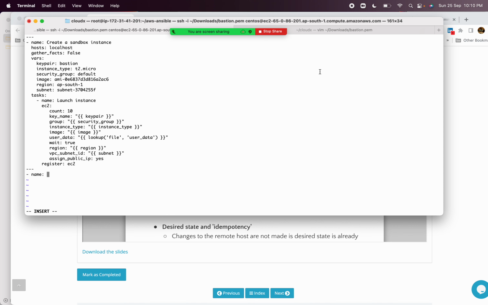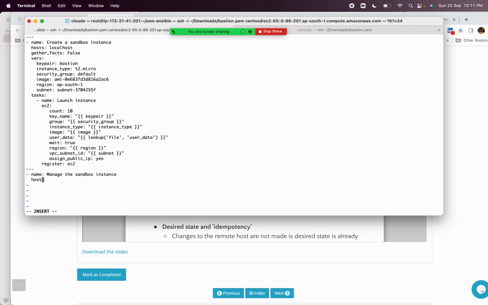So here, after creating the sandbox, you can say, okay, manage the sandbox instance, and you can add scripted YML code, which is essentially required to